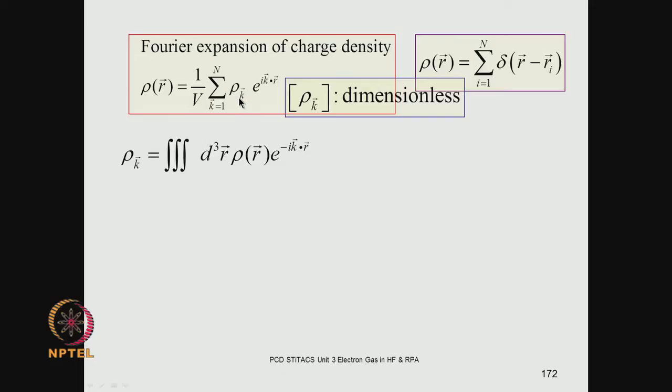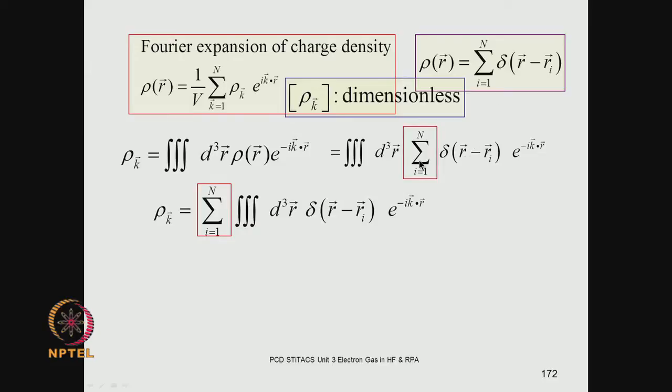The Fourier components can be written in terms of the inverse transforms, right? And this density is nothing but the summation over the delta functions, and if you write this summation symbol, because this is summation over I, this is integration over space, this is a particle index, this is space integration. So these are completely independent operations, so you can write this behind the integration, and then you carry out this integration over here,